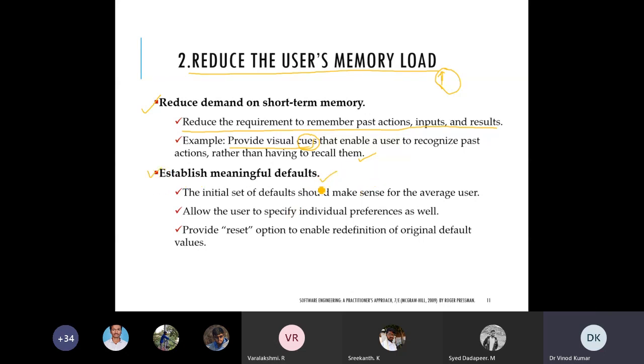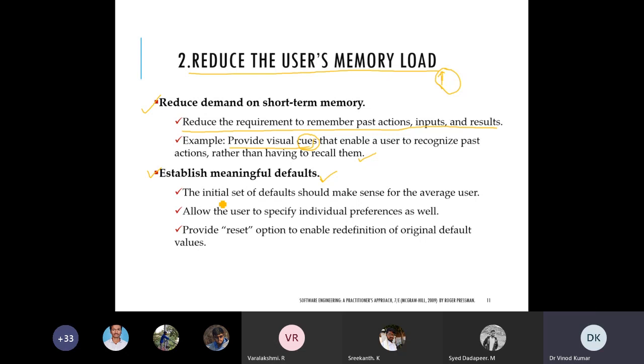This helps to reduce the memorization of different things by the users. The initial set of defaults should make sense for every user. If some software is working, we do not need to remember that some initial value is already there; with that initial value your system can work.